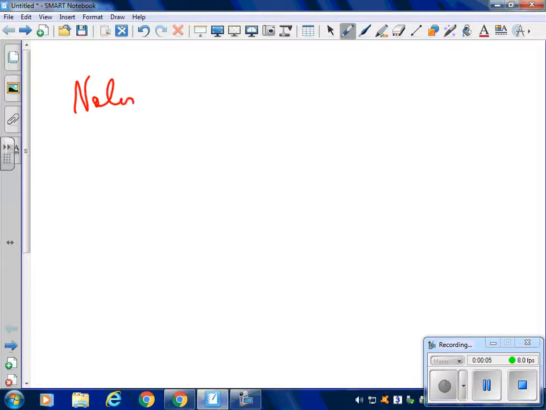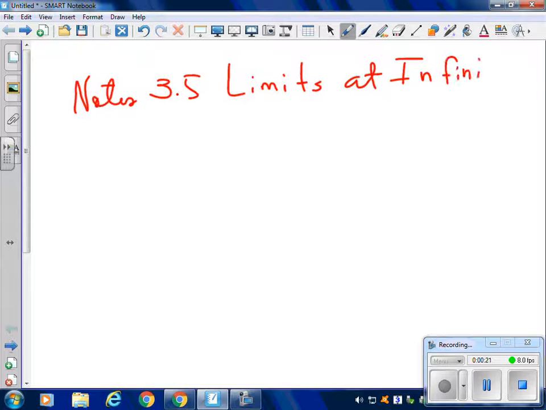Anything else? I agree. Okay, so 3.5 is limits to infinity. And what that means is down in the limit symbol, we're going to actually put an infinity symbol. Instead of limit to 2 or limit to 1 on the negative side, we're going to put limits to infinity. So the definition